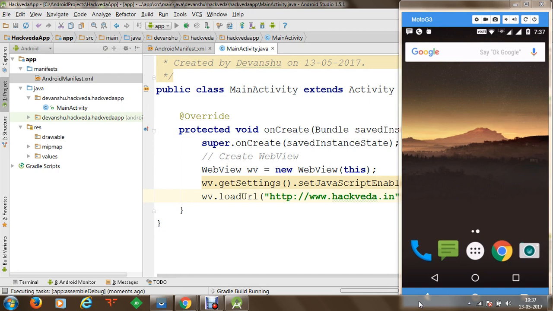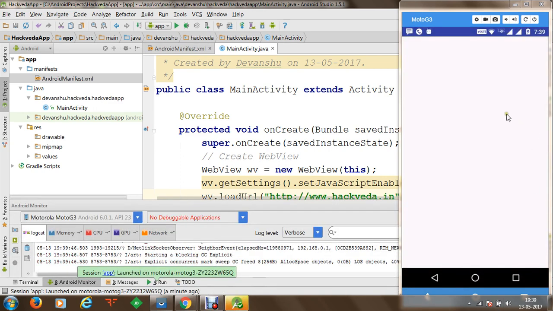VNC is a virtual network computing application. I have installed Voyager on my mobile device, and you can download an extension for Voyager in your computer as well, and using that extension you can connect to the mobile device with the help of the application which is installed in your phone. So now the Gradle build is running, and as soon as the Gradle build is completed, we are going to have our app.